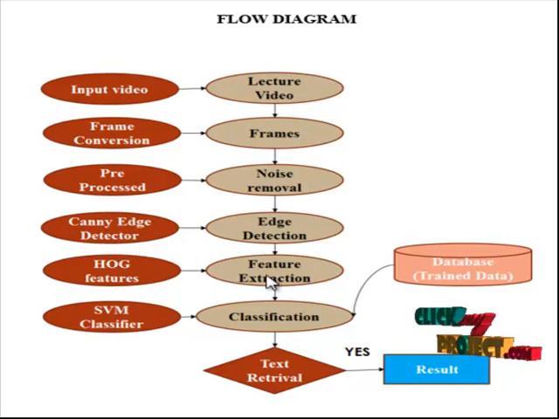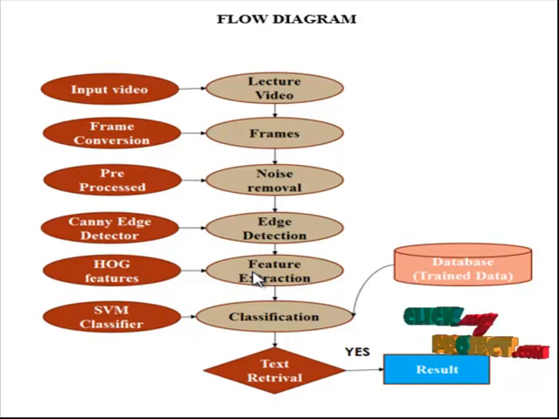Next, in the feature extraction process, the HOG feature extraction method is used. Histogram of oriented gradients is a feature descriptor used in computer vision and image processing for the purpose of object detection. The technique counts occurrences of gradient orientation in localized portions of an image. This method is similar to edge orientation histograms, scale invariant feature transform descriptors, and shape context, but differs